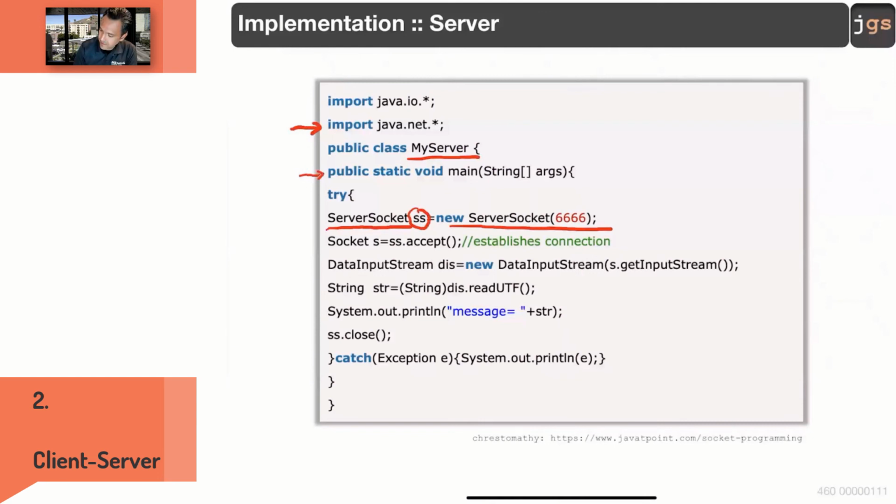What is the parameter here? Any idea? What is that number? 6666. Yes, the port. Hopefully you're familiar with this. You reviewed this in a different class, but every single application running in your computer that is able to receive or to create a connection with another computer needs a port. The ports have a number, and well,